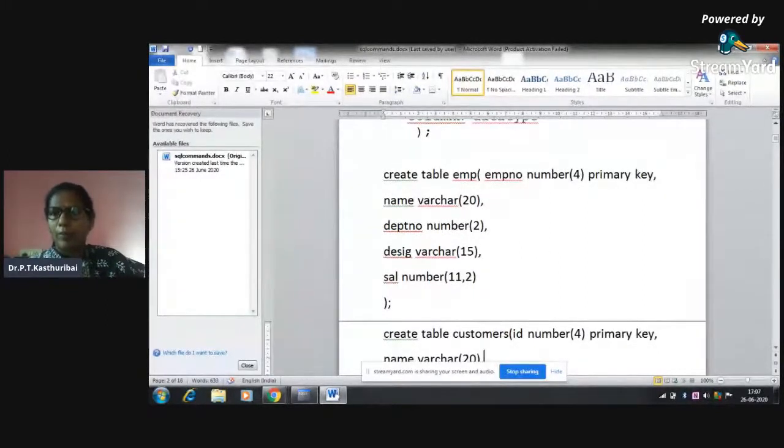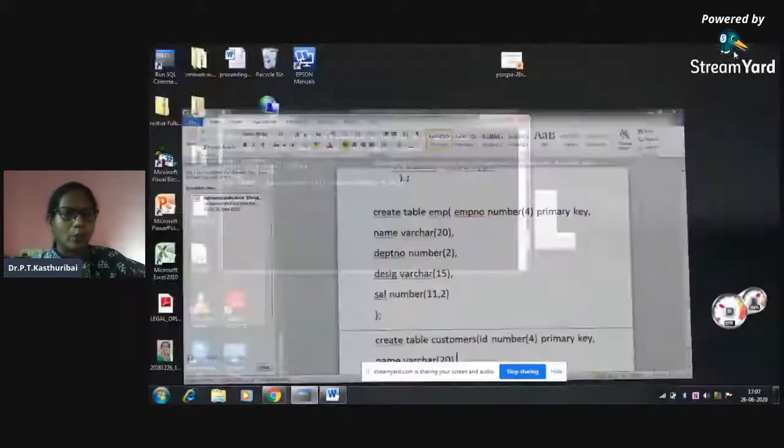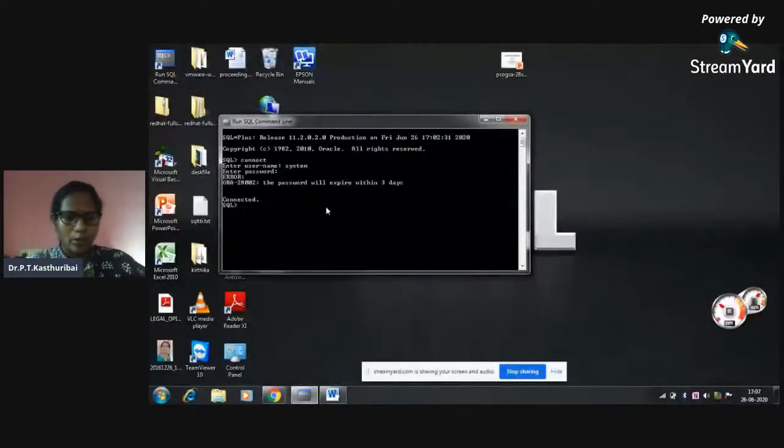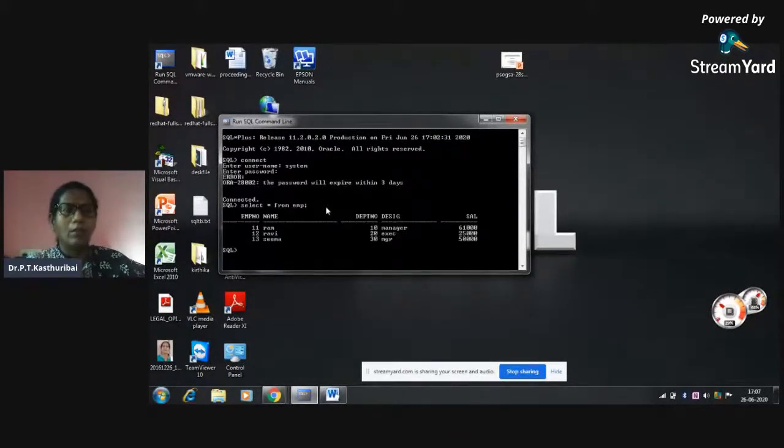Now this will be executed. Now, actually, I have created a table in the system which has the 5 columns. Suppose I want to drop the table and recreate it.